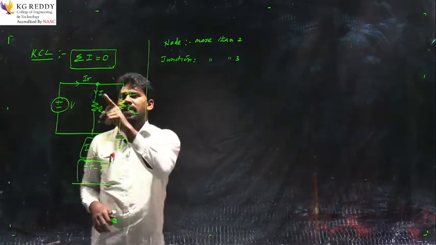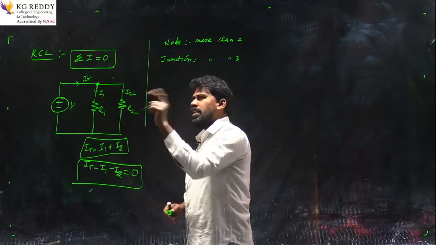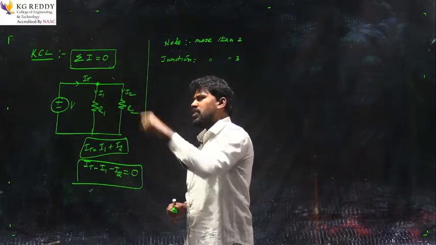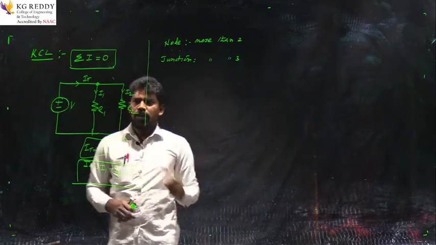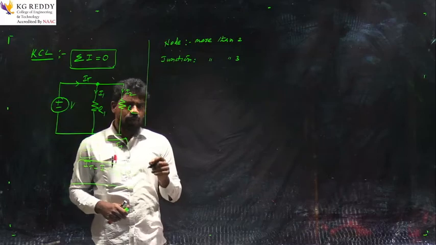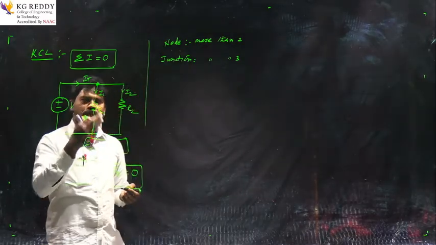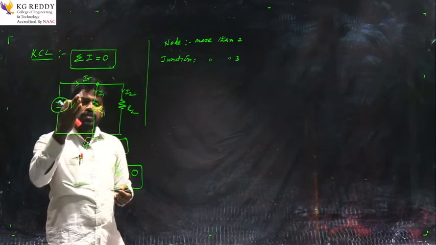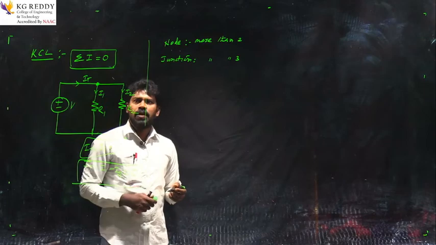Mainly we are going to consider the direction of the current in the network, and only then are we able to write the equation for a network by using Kirchhoff current law. If you want to find an unknown value of current passing through any electrical element, we can use this Kirchhoff current law. It is very simple.